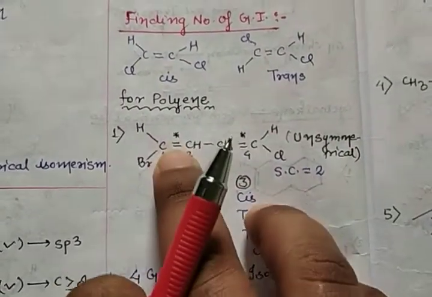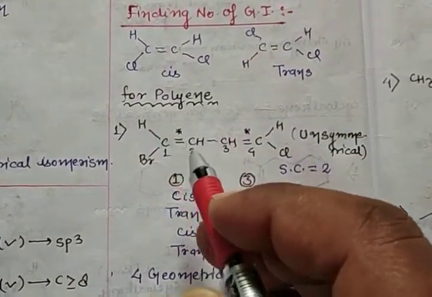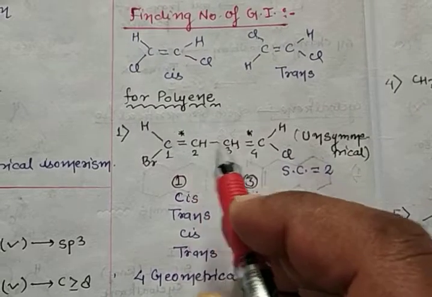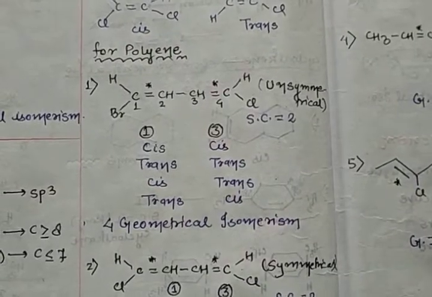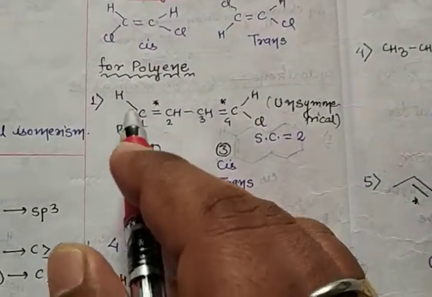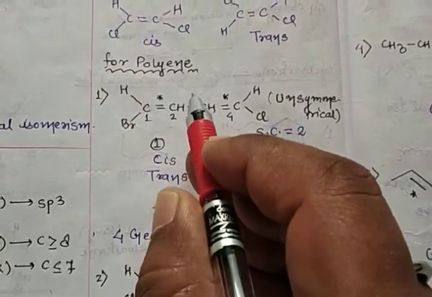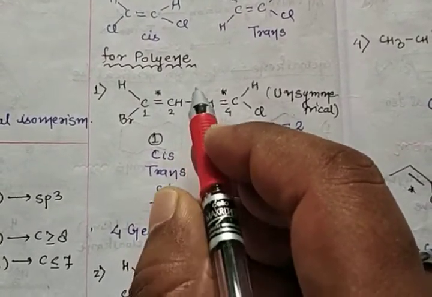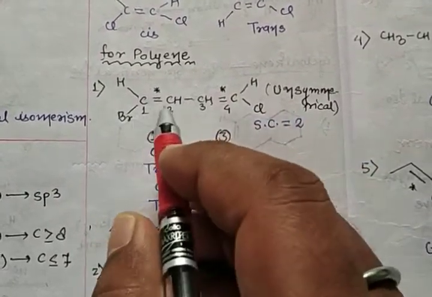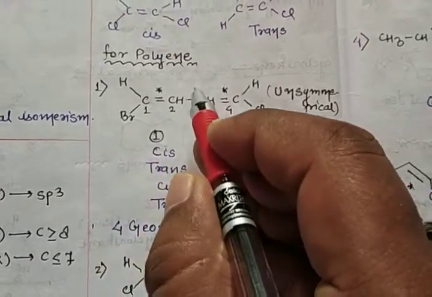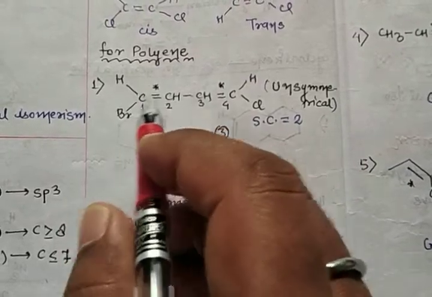So now one double bond is here and another double bond is here. Just check this carbon and this carbon, and then this carbon to that carbon. There is a very easy trick. Just learn it: first check whether this compound is symmetrical or not. This is not symmetrical; just cut from here and check both sides of the group.